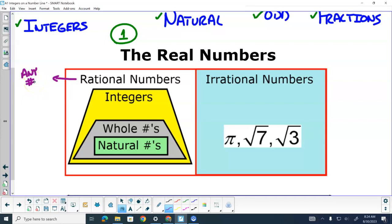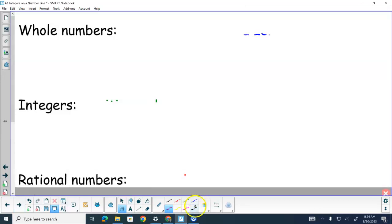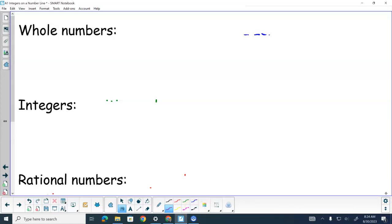The technical term for a rational number is any number that can be written as a fraction. Rational number. Oh yeah, there are definitions of them. I think I got them on the next page. Whole numbers, do I have rational in here too? Oh, there it is, way down there. Rational numbers. Okay? So a rational number, I'm going to be flipping back and forth between the slides